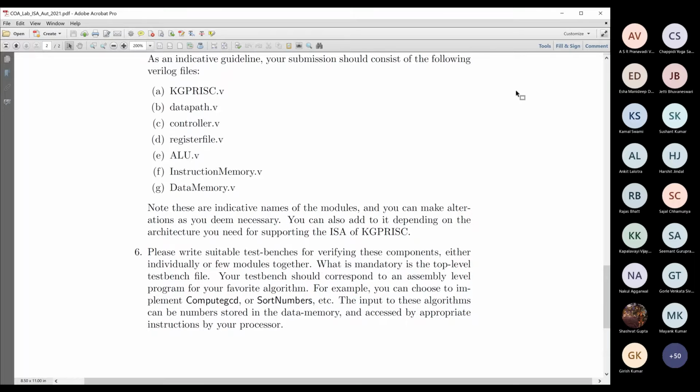Can you implement the same algorithm using this instruction set? So there must be an assembly language description for this instruction set. That assembly language program will now become a Verilog test bench.